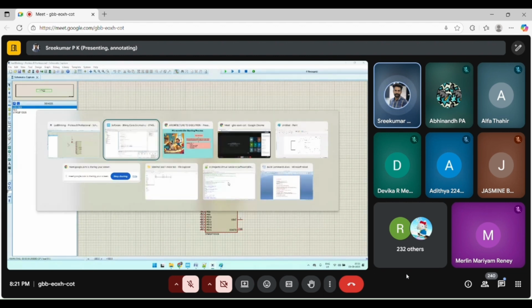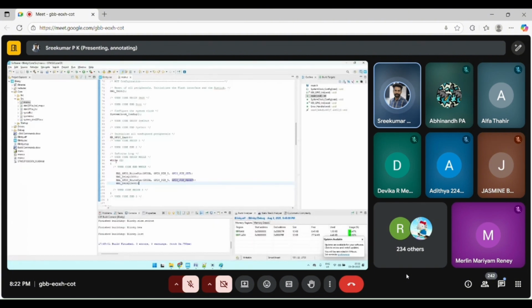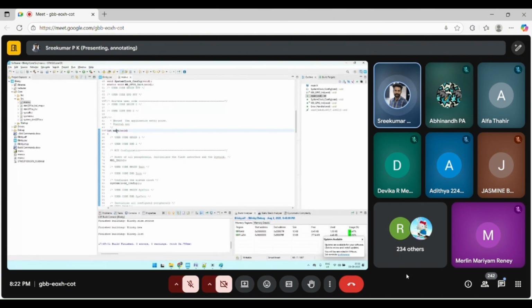It is continuously blinking the LED, but there is a particular code which is startup code. Startup code does these many things. It sets the stack pointer, copies .data to RAM, zeros out the BSS section in the RAM, then calls the main function. You have seen a particular main function written over here, right?